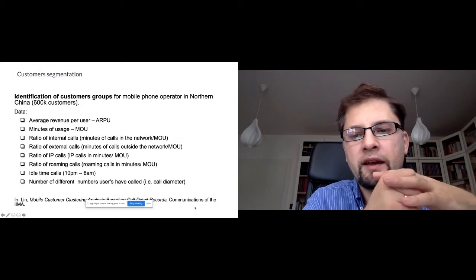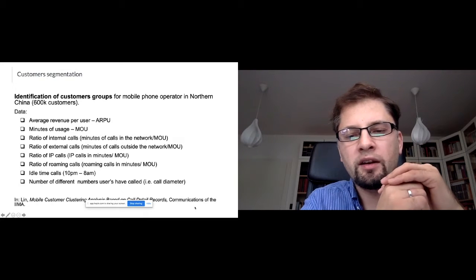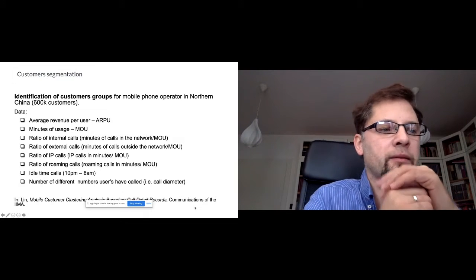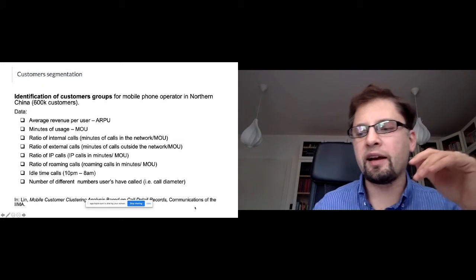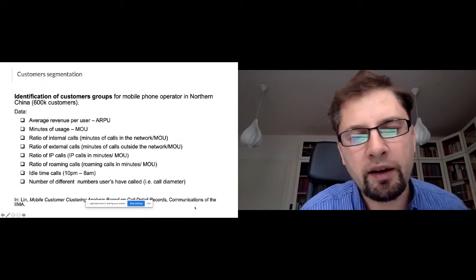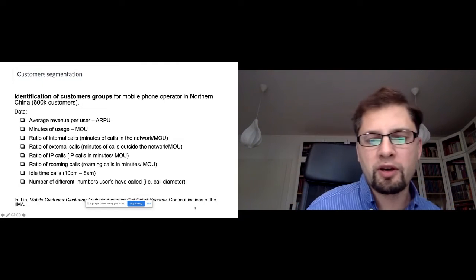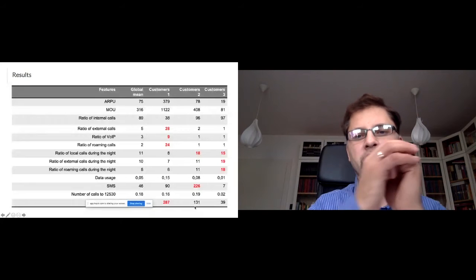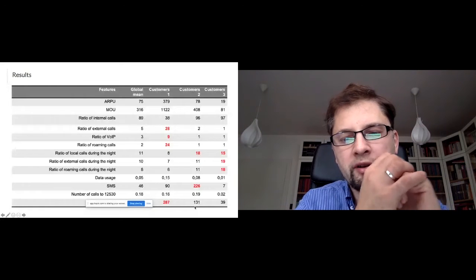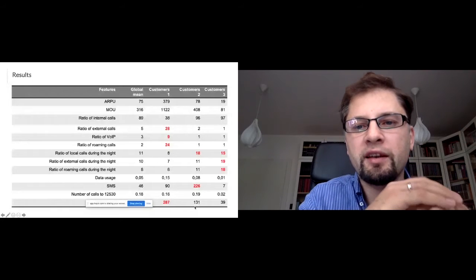the operator can do optimization of his strategy, taking into account those clusters. We've been doing similar studies at our research group at the Polish Academy of Sciences for one of the Polish operators, and it really works like a charm. So clustering can uncover really interesting results